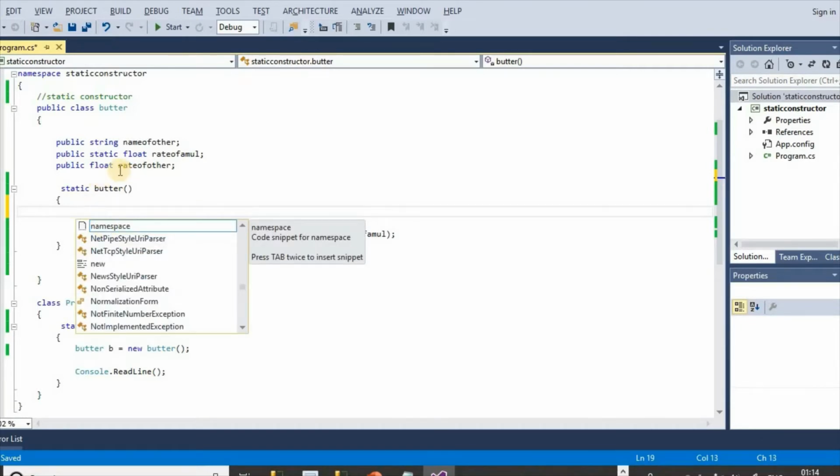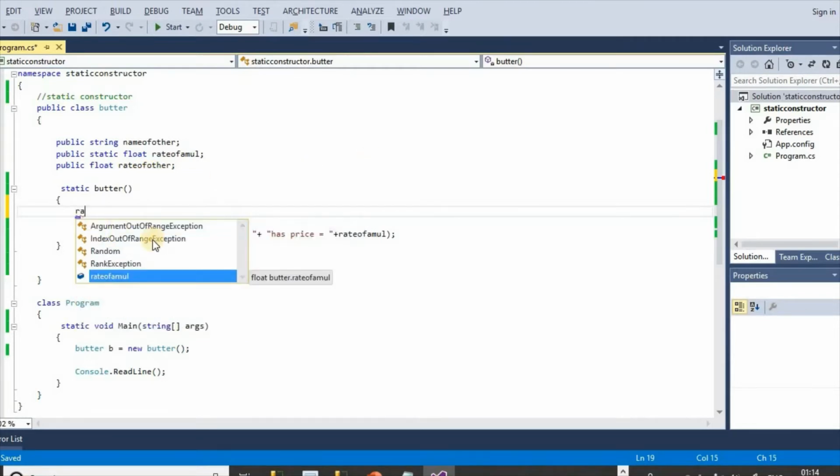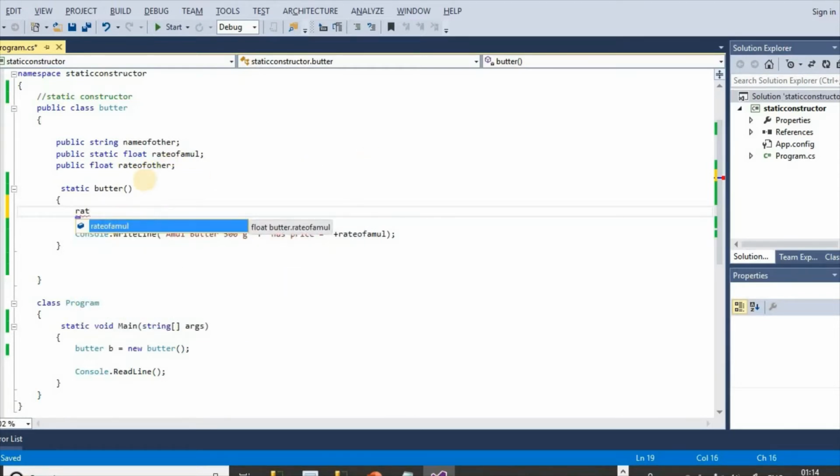If we try to take another non-static variable, rate of other, here we can see we are not able to take it, but we can take only rate of Amul. This is the static variable or static data member. So here we can initialize only static fields or static data members in a static constructor.